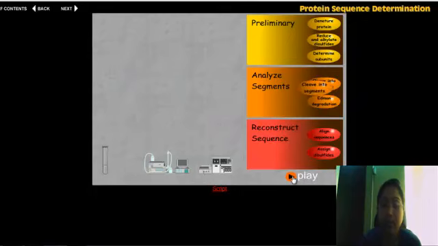So there may be a time that only one type of amino acid is isolated as the N-terminal amino acid, and maybe that protein has 2 or 3 different polypeptides, but each of them starts with the same amino acid. Then this does not give a clear-cut picture that our protein has 3 polypeptides and each polypeptide starts with the same amino acid. So this is actually the disadvantage of this process.